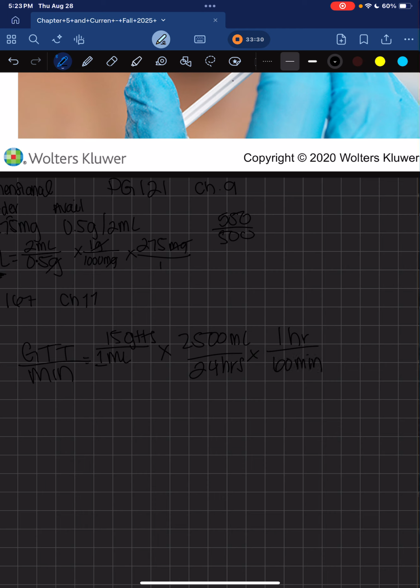An hour on the top, because that cancels hours, 60 minutes on the bottom, because 60 minutes matches the minutes we need down here. So milliliters are gone, hours are gone, we have drops per minute. Isn't that much? How much is it? 26 drops per minute. So, that's doable for an